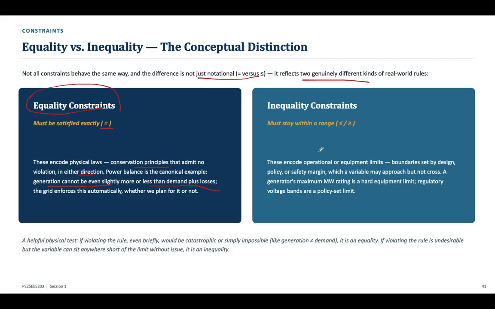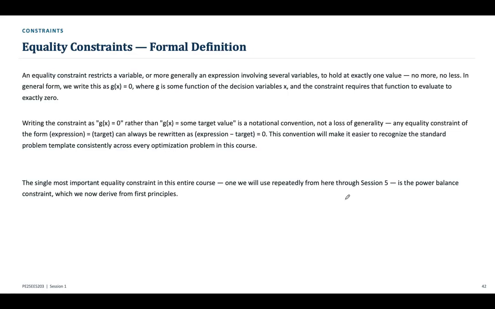When you look into the inequality, these encode operational or equipment limits. Their boundaries are set by design, policy, or safety margins, which a variable may approach but not cross. A generator's maximum megawatt rating is a hard equipment limit, while regulatory voltage bands are policy-set limits. So an equality constraint restricts a variable, or more generally an expression involving several variables,